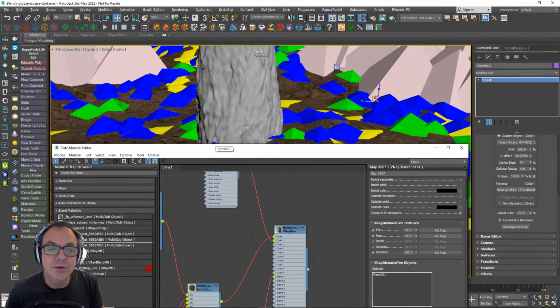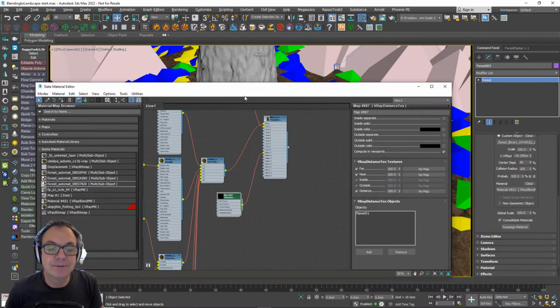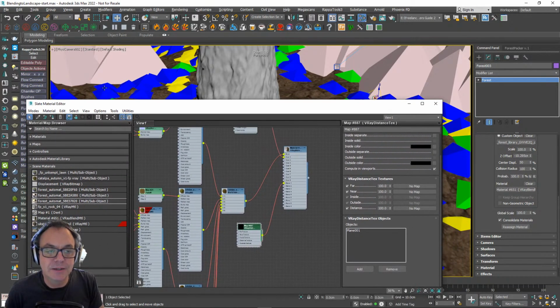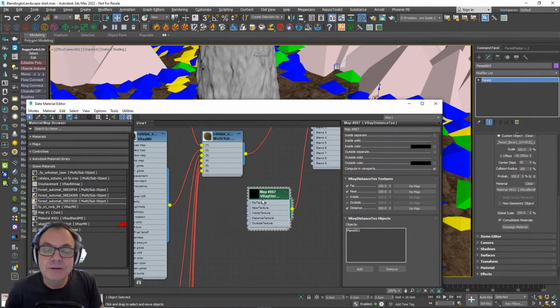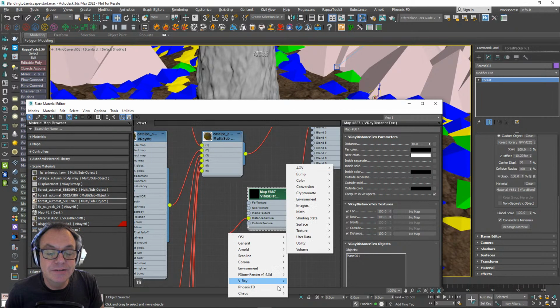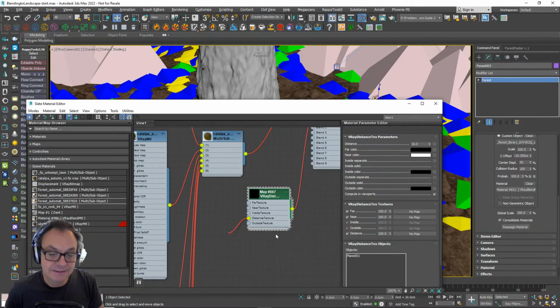But one thing that I do like to do, especially on the rocks and big flat surfaces, is to break that up a little bit. At the moment, you're going to get a nice, very tidy, graduated fade all the way along the same distance, the same height around all the rocks and around the bark. To avoid that, to make it a little bit more unruly and stepped, I come into the distance texture input slot here and add a noise map there, just a standard noise map.